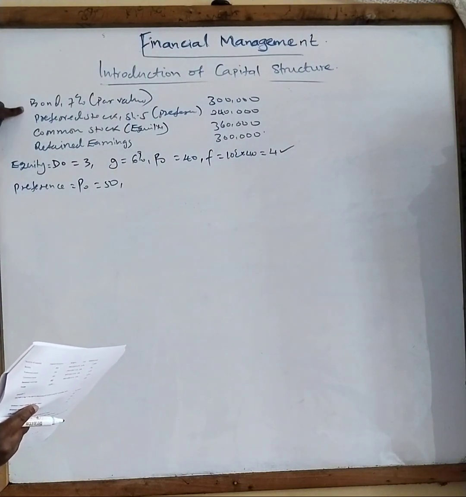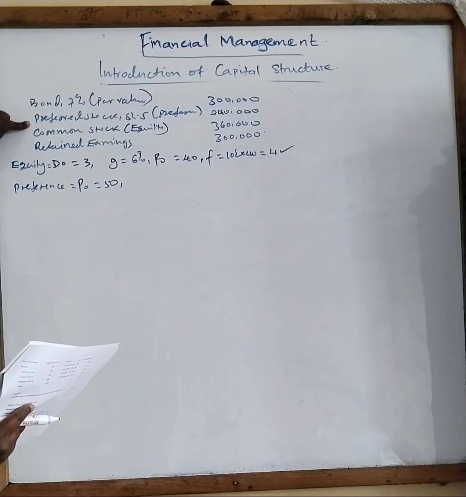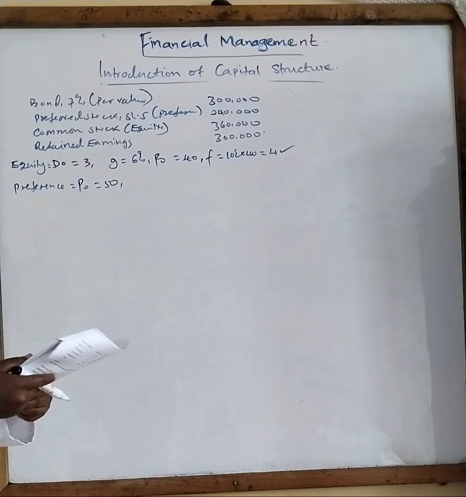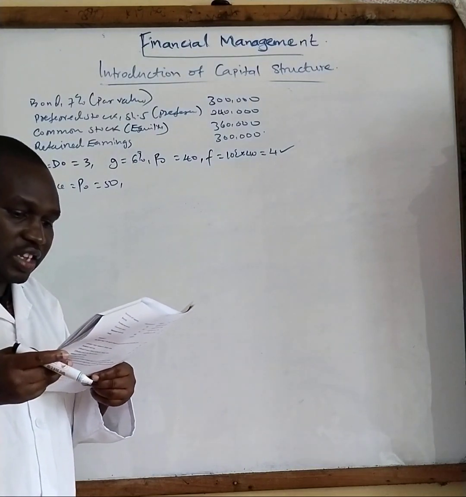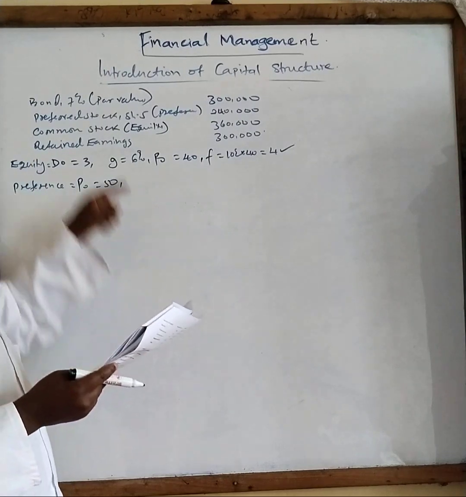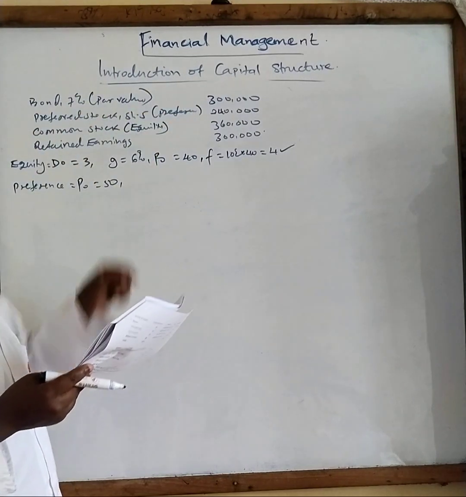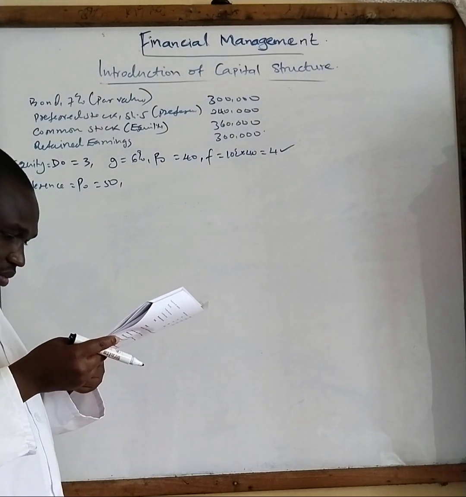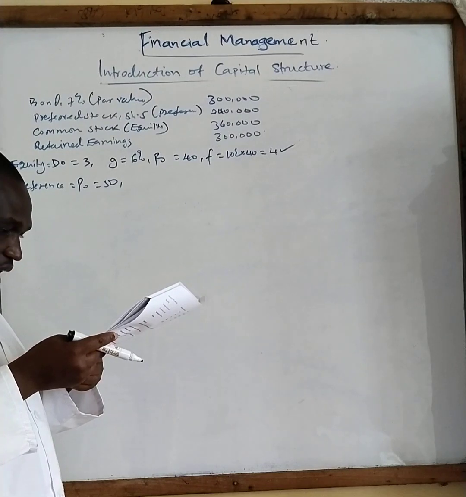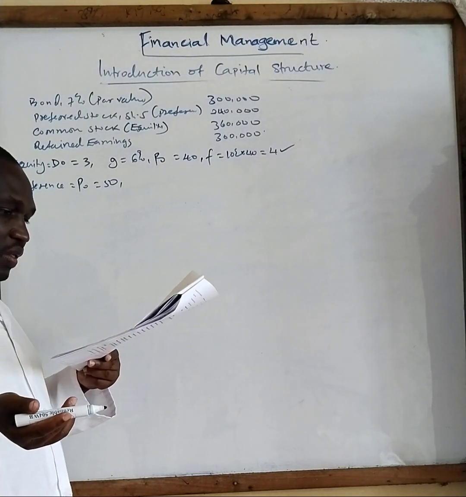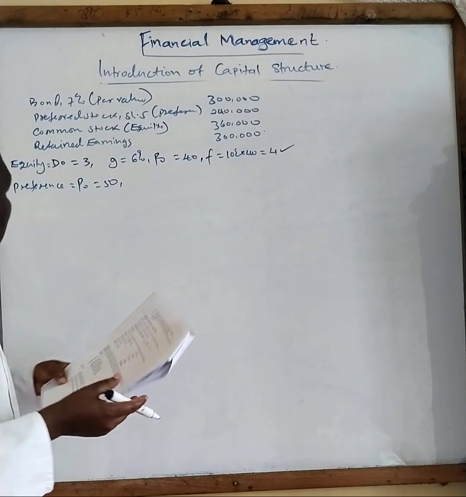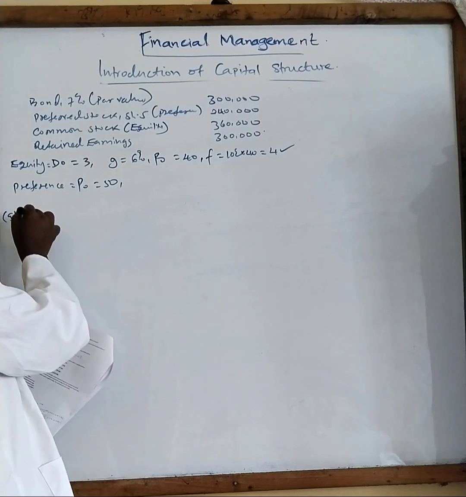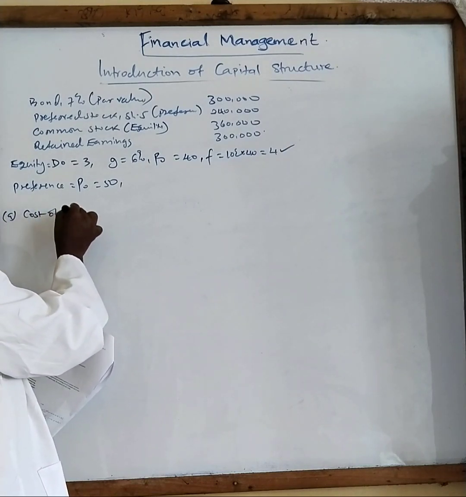Let's go. So I have bond is not given, so I have this one. Preferred, I've calculated. Common stock, I have it here. Then bond. Let's see whether there is any information about the bond. The interest on bond is paid annually. What else? Is paid annually. So there is nothing again given. The corporate tax is 30%. So calculate A. A is saying cost of the bond. Cost of bond.